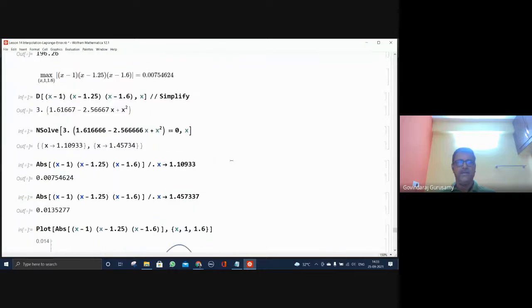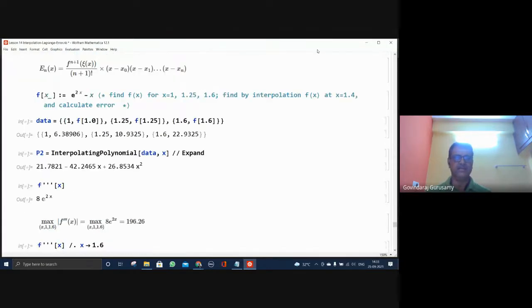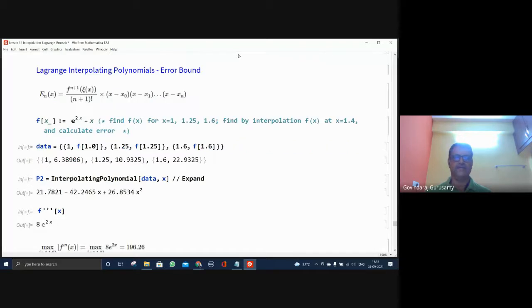Now yesterday we spent some time on some of the Mathematica course that we want to learn, particularly the pure function. And then we gave a hint for numerical methods. And there is some question regarding the error analysis in the interpolation. So what I did here, one typical problem which I have taken, and then I am going to use the error bound formula directly,